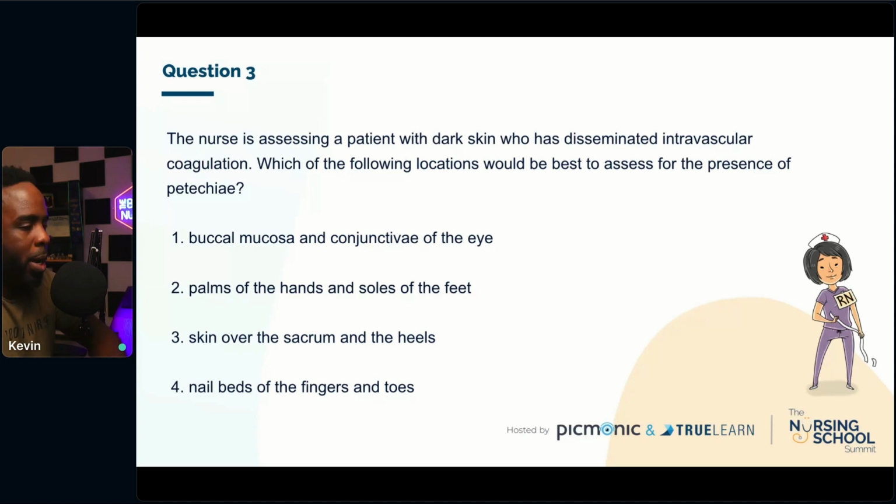So if you know somebody who's dark-skinned, like myself, and you were thinking about disseminated intravascular coagulation, you're like, man, how can I tell that they're having something go on with them? Just like when people are learning labor and delivery or peds that have children, they use their children as guinea pigs as they're learning because they're like a little learning tool right there in front of them. Okay. All right. So we got 44% for number one, 44 for number two, and then